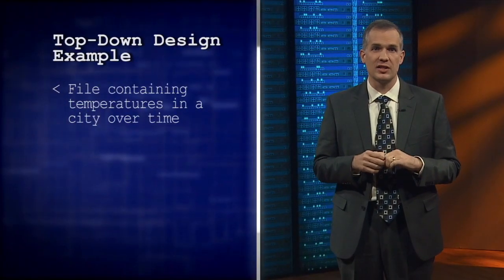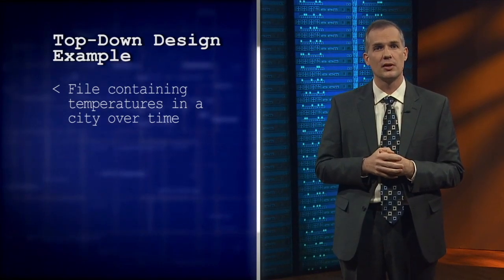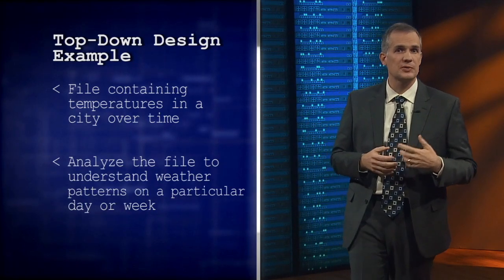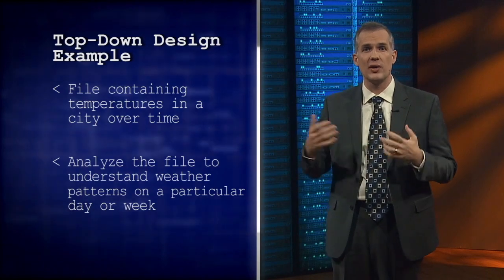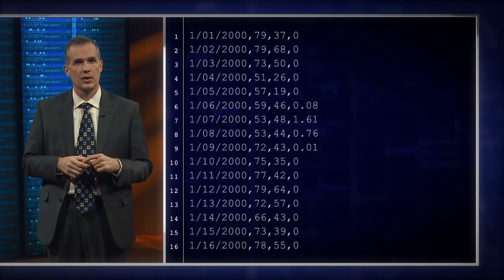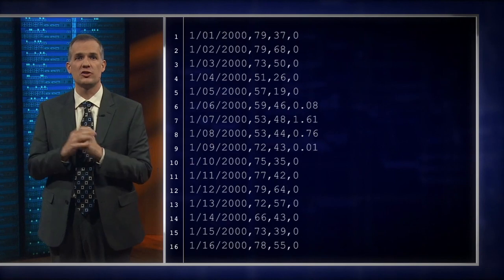Here's the setup. Let's assume that we have a file containing some temperatures measured in a particular city over a period of time, and we want to understand something about the weather patterns. What's been the pattern on a birthday or anniversary? What about weather during a week we have in mind for a trip? Here's an example of a piece of the data file that we'll be able to use. This one happens to have data from where I live, and I just copied 15 years worth of data off